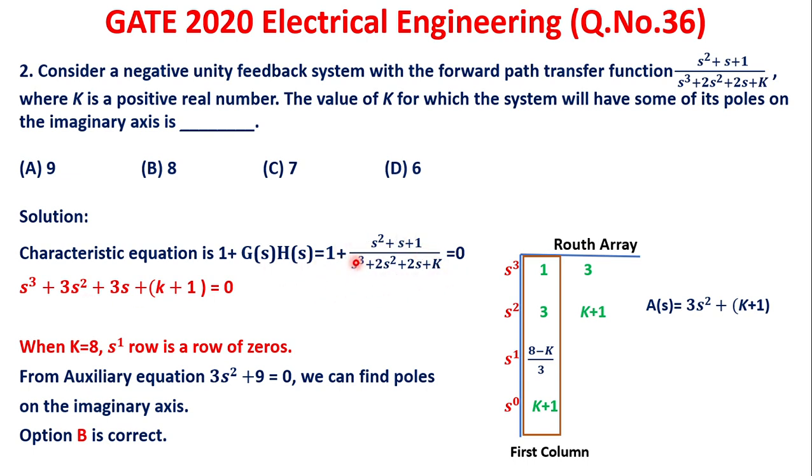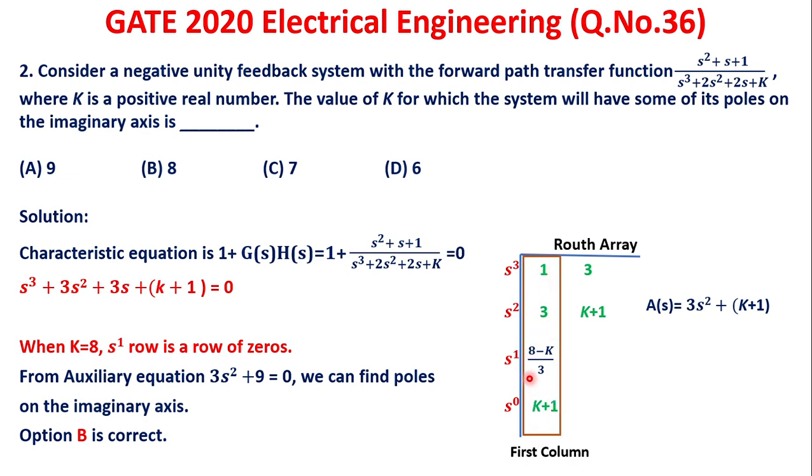So if we expand, simplify, take LCM, we will get this: s cube plus 3s square plus 3s plus K plus 1 equal to 0. So if we form the Routh array, the first row is 1, 3; second row is 3, K plus 1. Therefore, 3 into 3 minus 1 into K plus 1, by 3, is 8 minus K by 3. So this into this minus 3 into 0, divided by this, is K plus 1. Now if we investigate first column elements of the Routh array, we can find a range of K for the